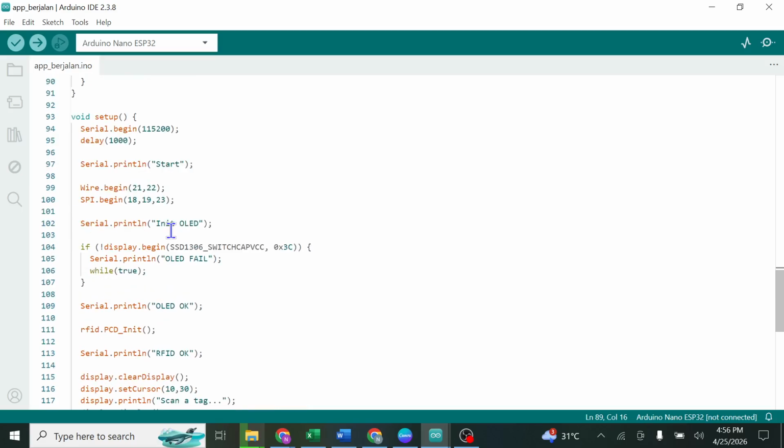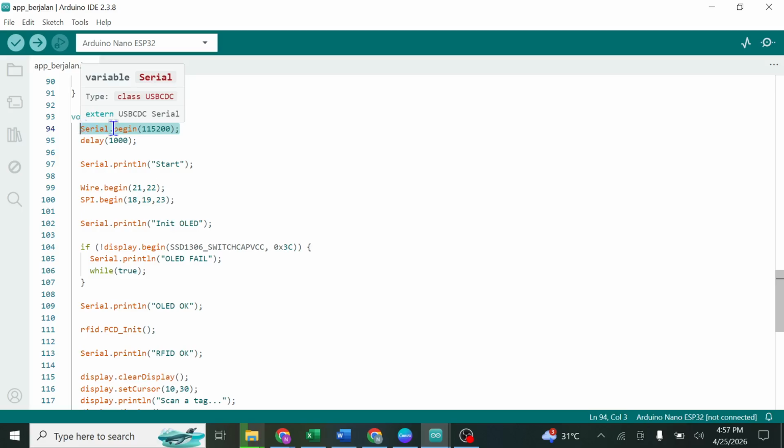And next, void setup. The setup function runs once when the board starts. Serial.begin starts serial communication for debugging.